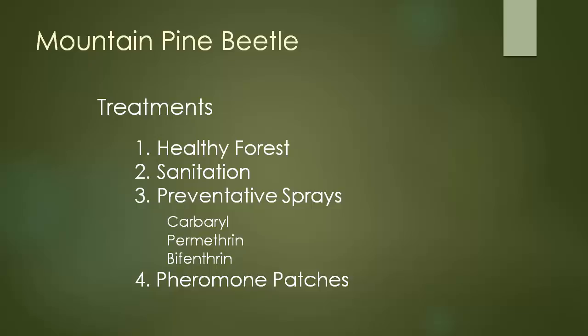U.S. Forest Service, Rocky Mountain National Park, when they did their spraying, they used carbaryl. Those work, they don't kill beetles, they just spray the tree before the beetles fly to them and go, we're gonna go somewhere else. So if you spray all your trees on your property, they're going to your neighbor's house. But we always said, spray your top 10, 15 trees and wish for the best,